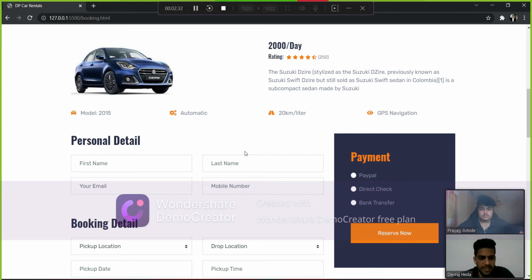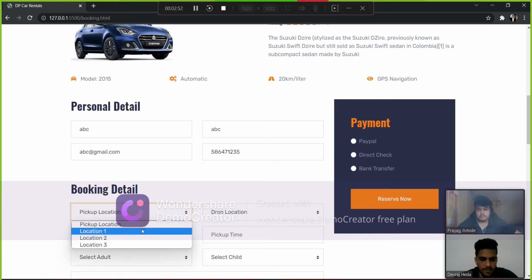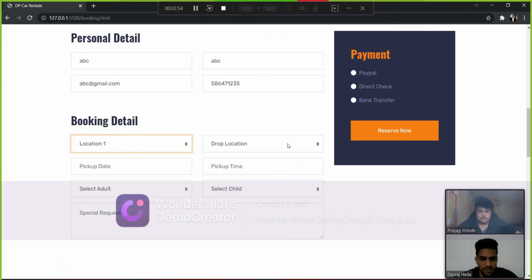we can fill in these details, and then booking, here are the personal details, and here the drop location, which is already set at some fixed locations only.